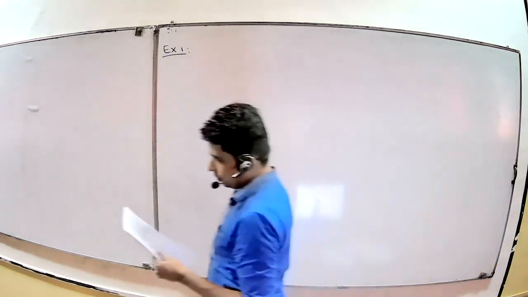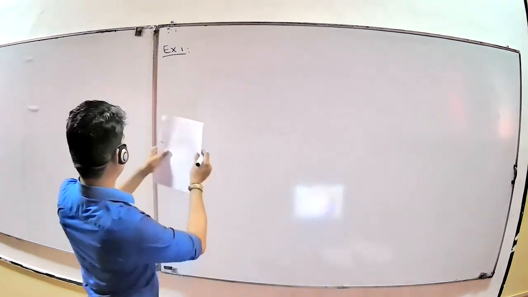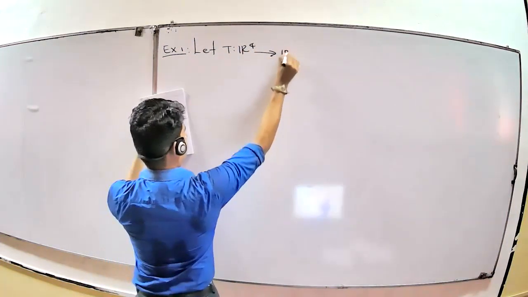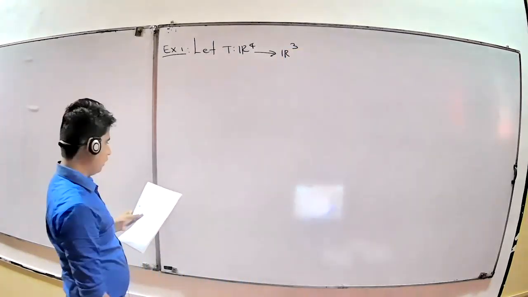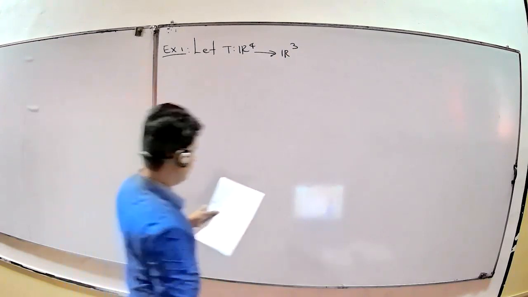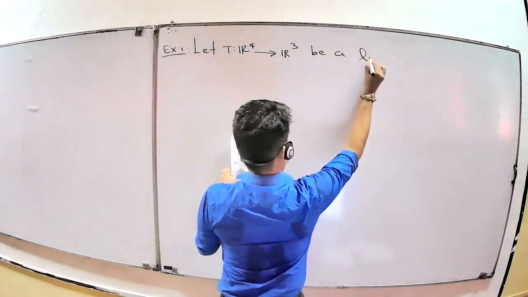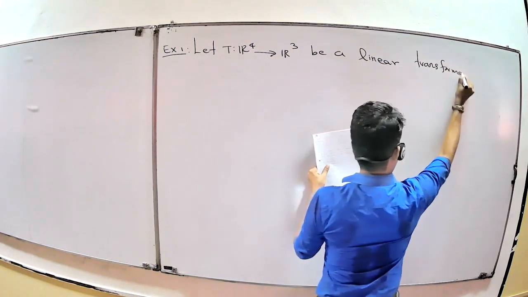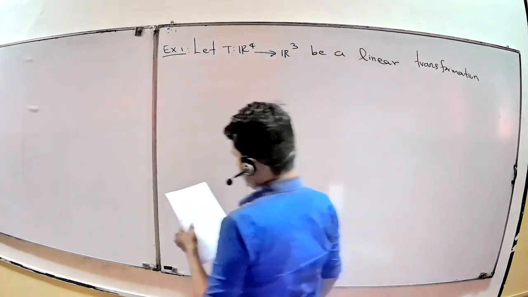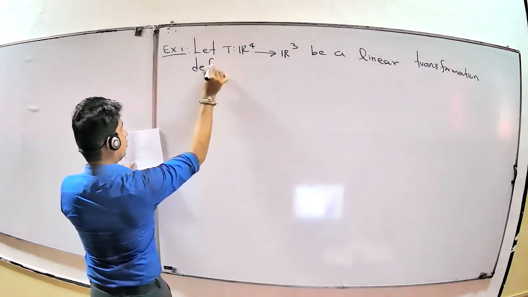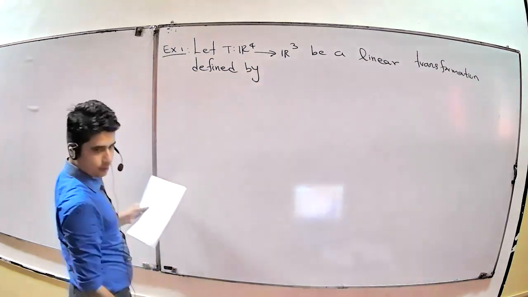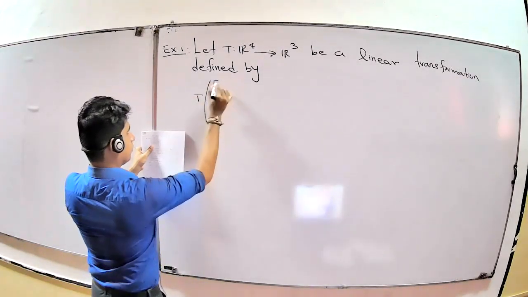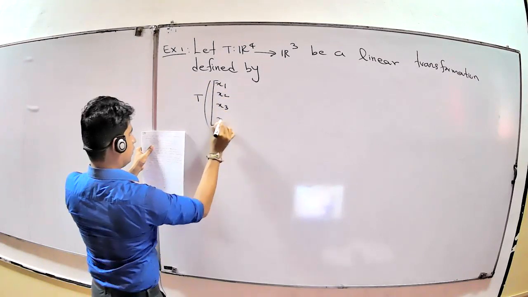Let T be a linear transformation from R to the power 4 to R to the power 3, defined by this formula: T of (x1, x2, x3, x4)